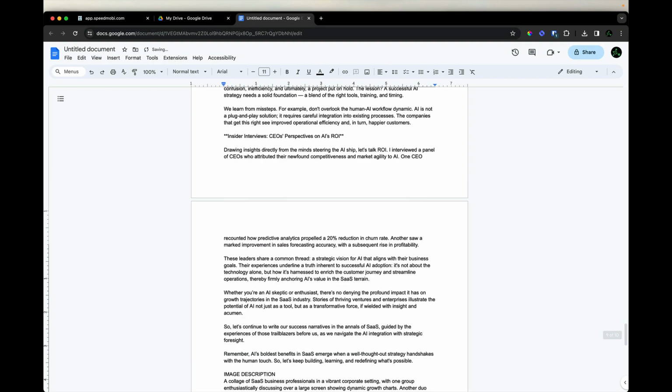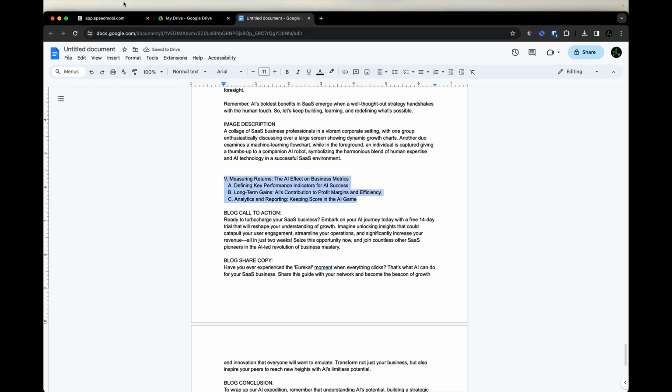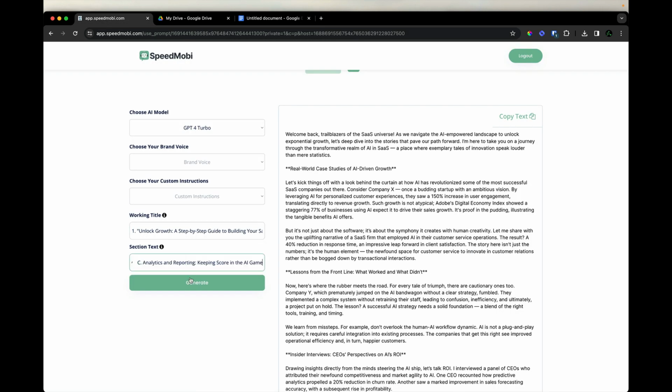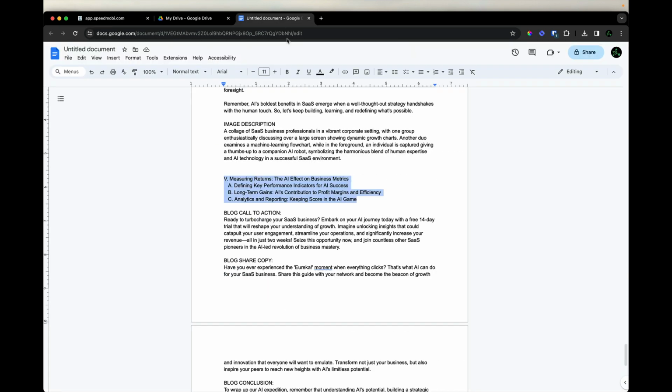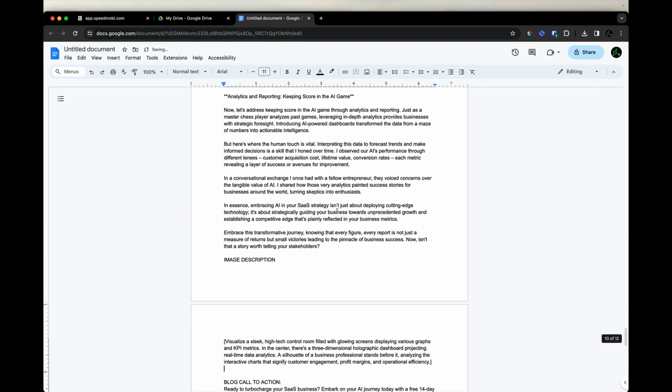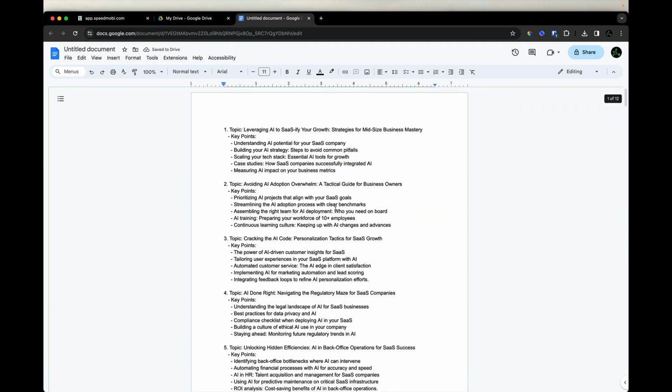I know it's getting repetitive. That's how easy this is. Copy this last one, paste this in the bottom here. Go ahead and hit generate, hit confirm, and again, finally let the AI do its magic. Click copy text, paste it into your Google Doc, and finally, we're gonna go ahead and scroll to the top,